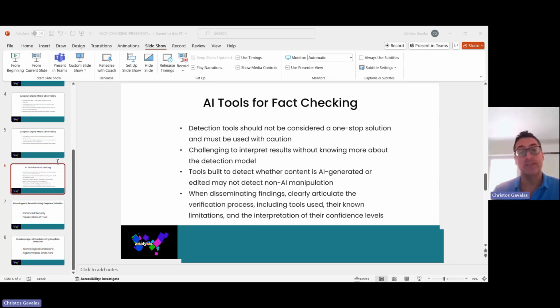So this is something you always need to have in mind, that there are various ways through which a detector can be tricked. Now, of course, when you disseminate the findings, you have to clearly articulate the verification process, include the tools that you used, their known limitations, and of course, the interpretation of their confidence levels. This is essential. There's no other way you can be credible and you can provide a good fact-checking solution to the audience.